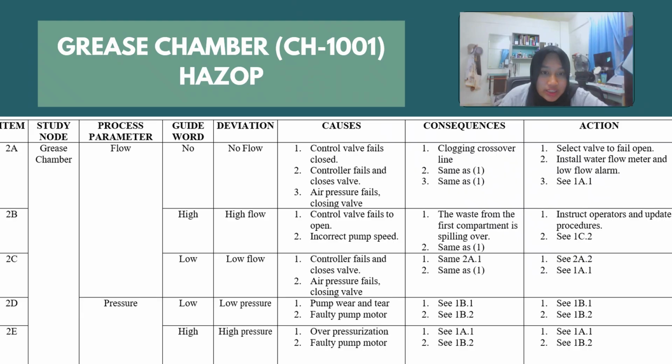Now we proceed with the chamber, which is CH1001 as labeled in the P&ID diagram. And for process parameters we have flow and pressure. What if no flow? The causes are that the control valve fails closed, the controller fails and closes the valve, and air pressure fails, closing the valve. The consequence is clogging crossing over the line. And the action that we need to take is to select the valve to fail open and install a water flow meter